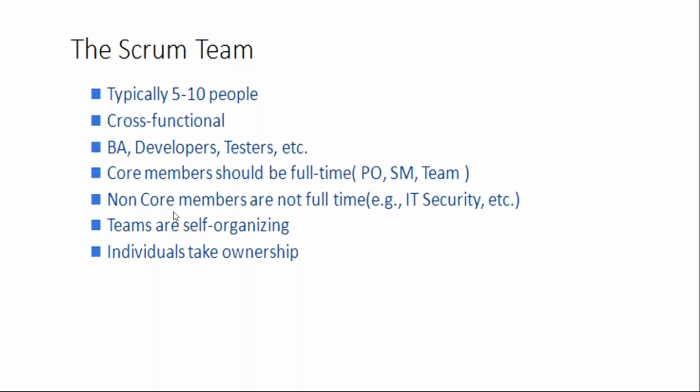And the Scrum team definitely consists of business analysts, developers, testers. Again, I was giving examples. Nowadays we have a lot of automation happening, so we definitely have people who are working as manual testers and automation testers, and also DevOps if that is also in scope.